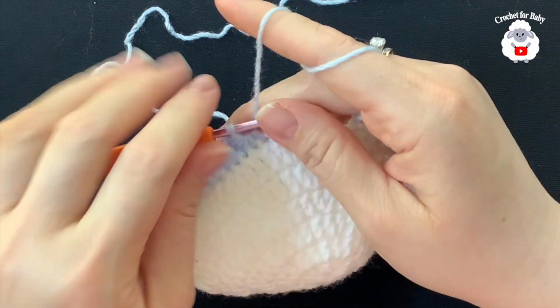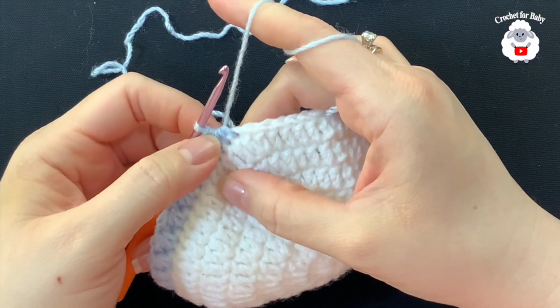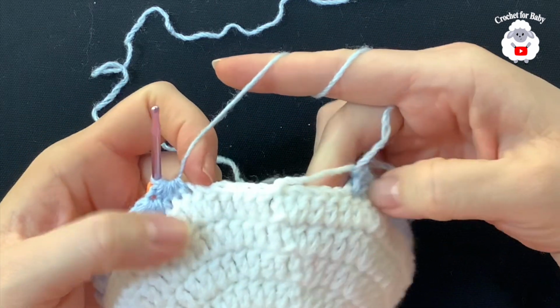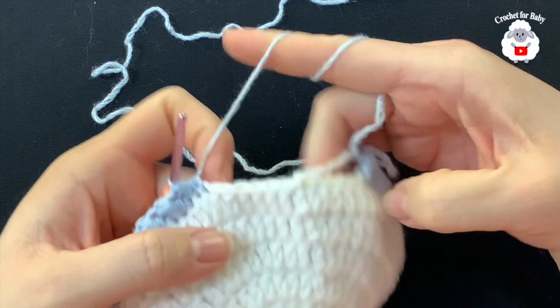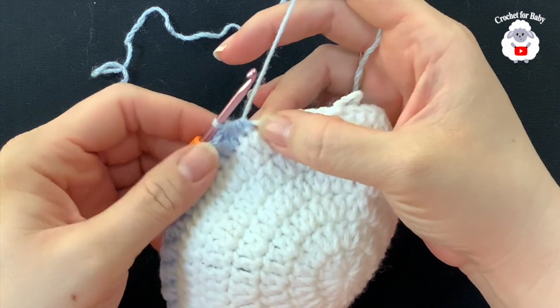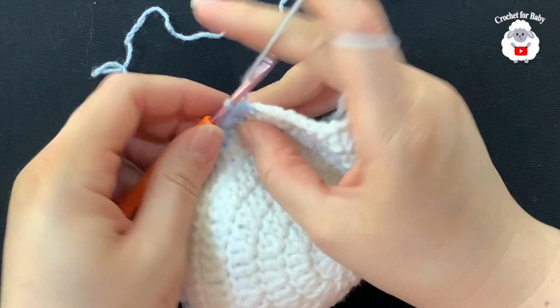Okay, I'm almost done with this first row. Up to here I have a total of 31 star stitches, and in between the first and the last right here I have 10 double crochets. Now here at the end, to finish this last star stitch, I'm not going to chain 1 here, but rather